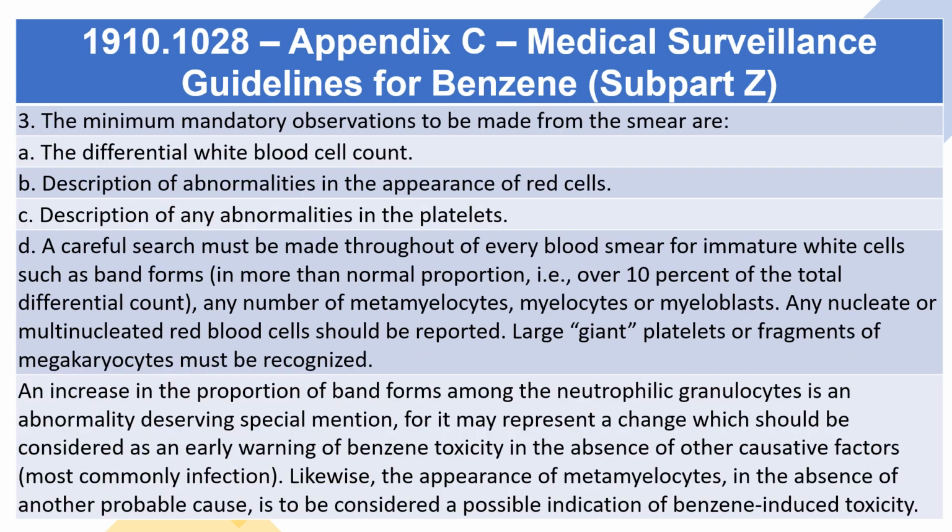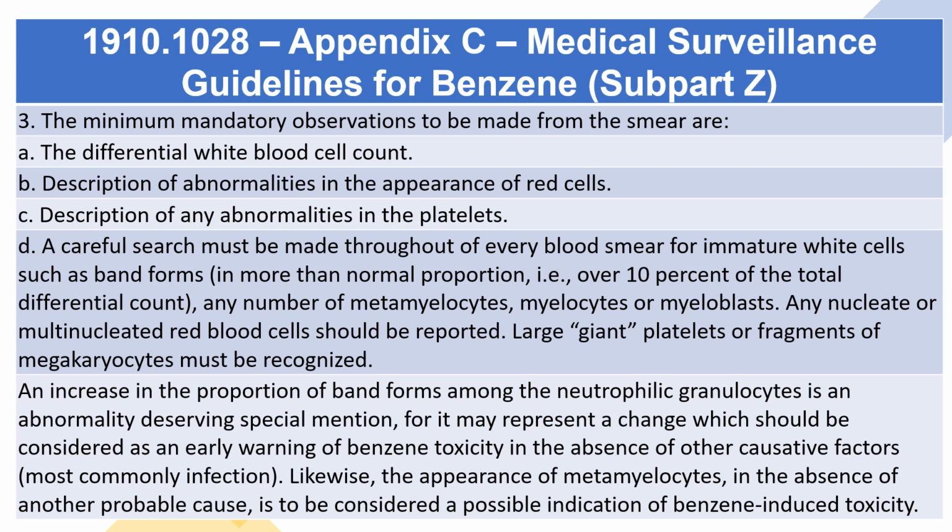3. The minimum mandatory observations to be made from the smear are: A. The differential white blood cell count. B. Description of abnormalities in the appearance of red cells. C. Description of any abnormalities in the platelets. D. A careful search must be made throughout of every blood smear for immature white cells such as bandforms, in